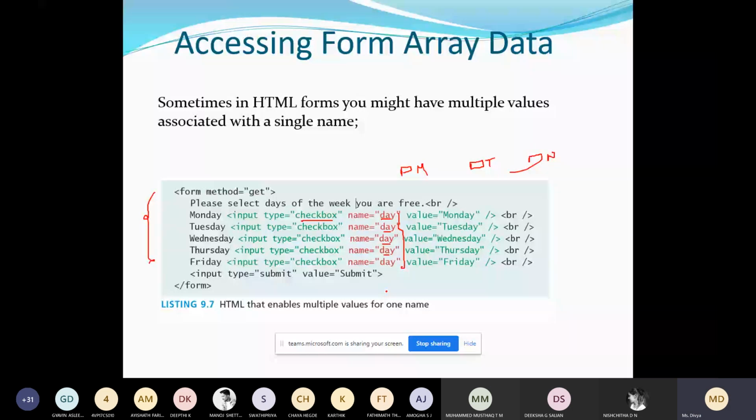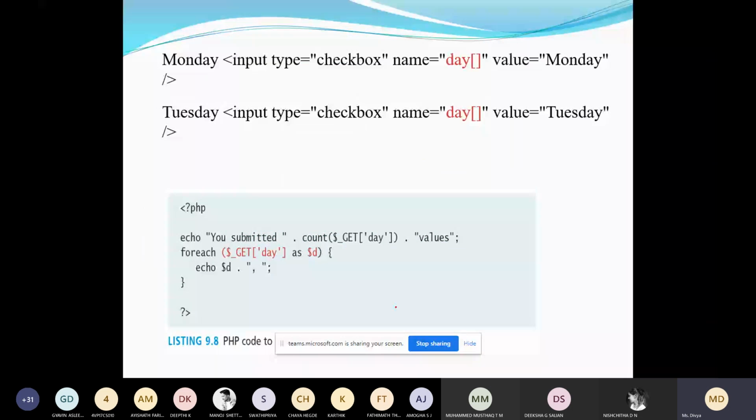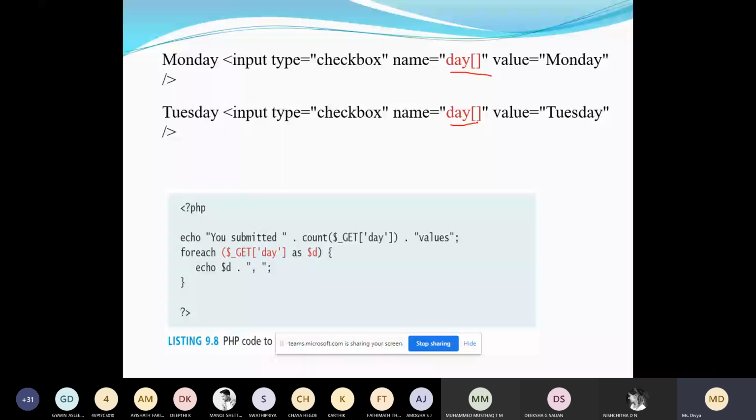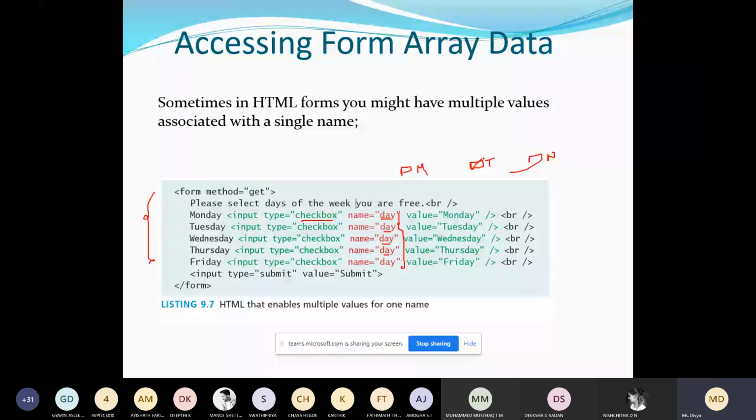Now how to send those data? If you want to send the data to the server, how are you supposed to write it? Not just like this. You have to write it like an array, days[]. Because you are not sending one value to the server. If you are taking both Tuesday and Wednesday, you have to send these two values to the server, correct? So these two values should not be stored in just one variable.